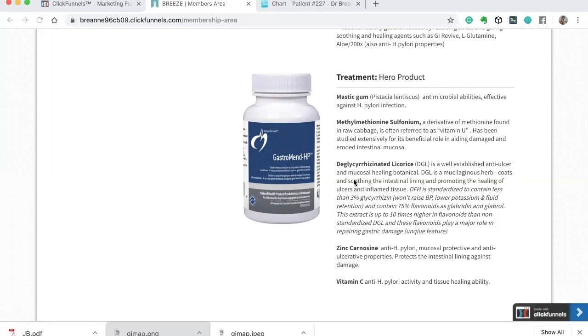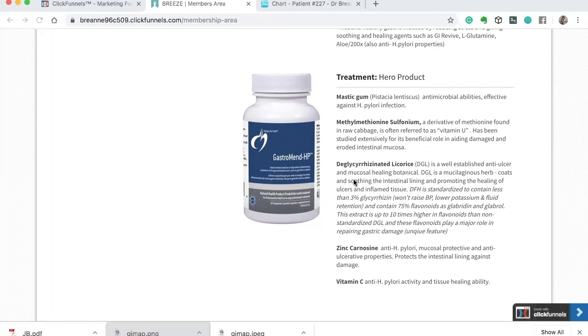And the thing to note about Gastromend, which makes it unique, is DFH has standardized the DGL in the Gastromend to contain less than 3% glycyrrhizin. So it's not going to raise blood pressure. That's why it's called deglycyrrhizinated licorice. So it doesn't have those properties that will raise the blood pressure, lower potassium and fluid retention. Now, in a healthy person, this is not an issue, but in someone who has elevated blood pressure and who is on medications, this is where this product stands out because it's not going to have those negative consequences